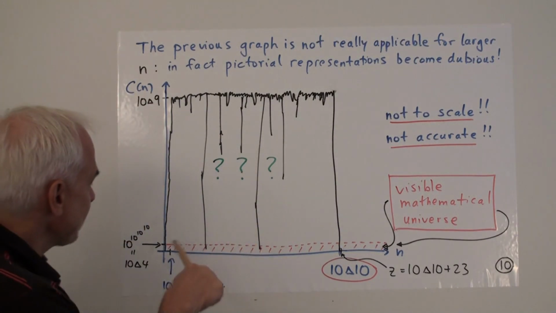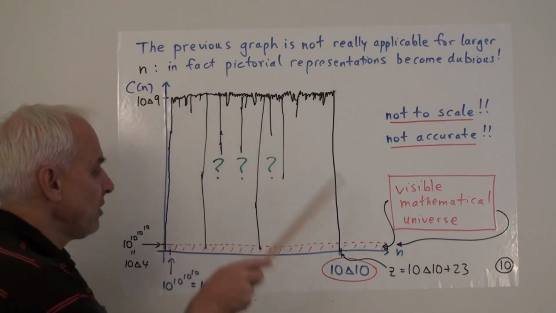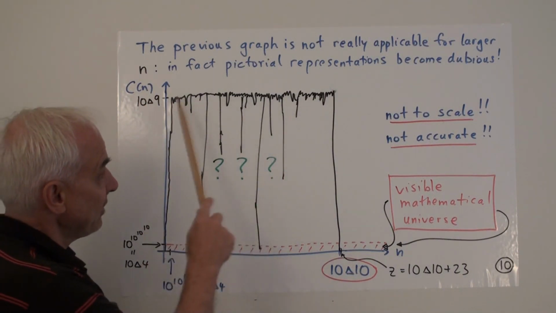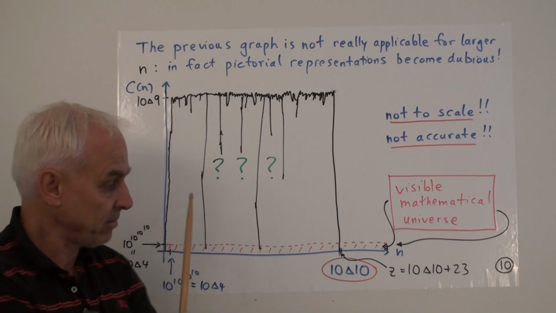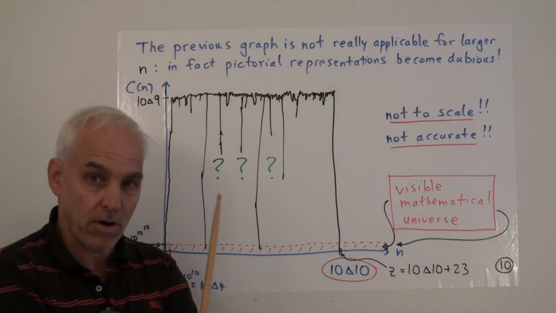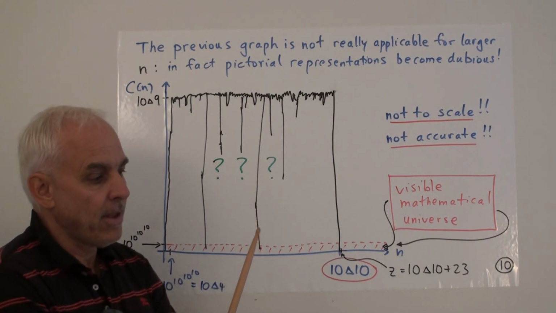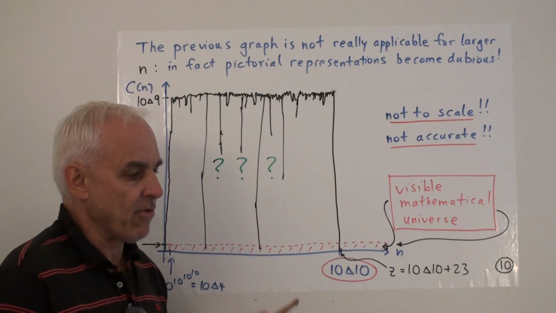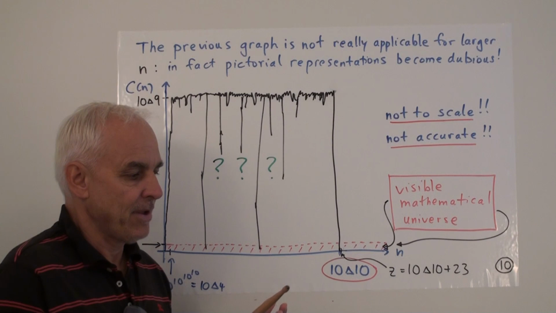So first of all, let's ask ourselves roughly what is the complexity of most of these numbers in here. So we have a tower of 10s, 10 to the 10 to the 10, 10 of them in this tower. So, okay, roughly speaking, if